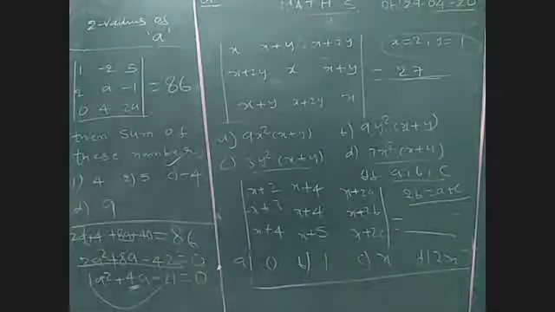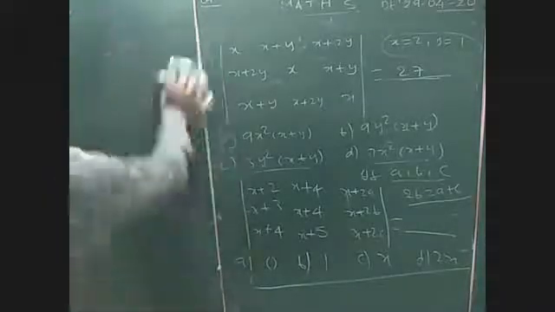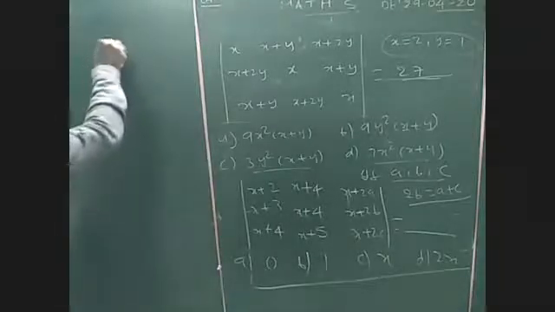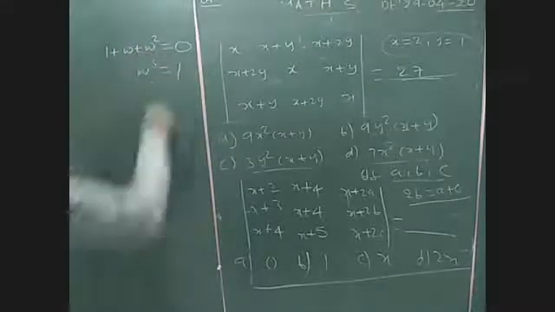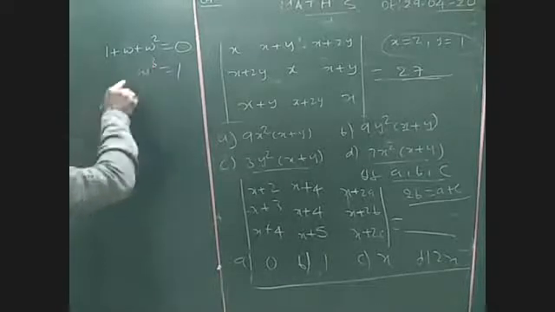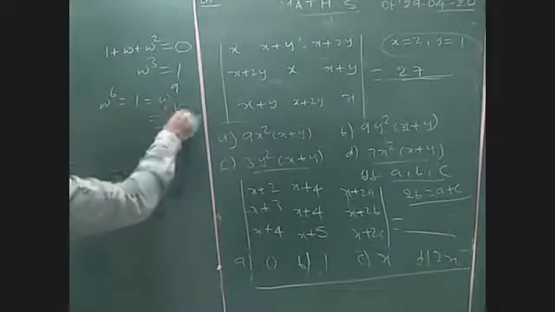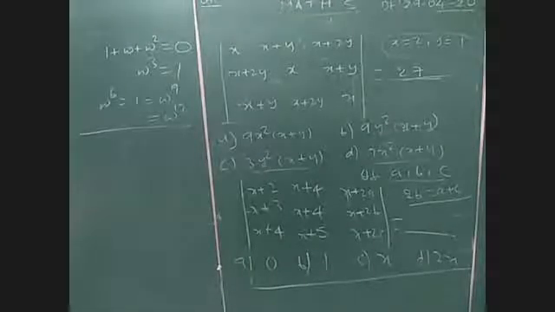You already studied complex numbers. In that, the cube roots of unity are very important: 1, omega, omega square. You already studied that 1 plus omega plus omega square is equal to 0. Omega cube value is 1. Then omega power 6 is also 1 because it is a multiple of 3. Omega power 9 is also 1, omega power 12 is also 1, like that. Based on this, there are 3 questions. Let's see those questions.